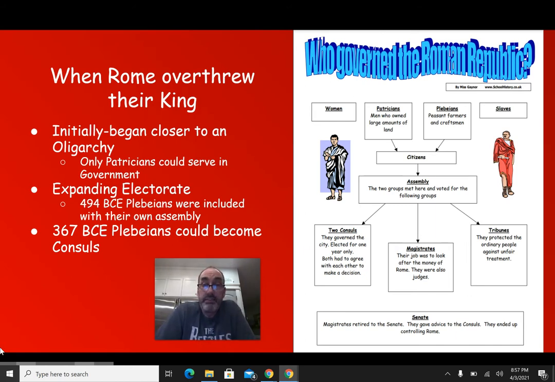Now, by 367 BCE, the plebeians actually are consuls, and we'll look at what the consuls are in a minute. But you can see down here, we have two consuls, we have the magistrates, we have tribunes, and the Senate, and they all revolve around the assembly. We'll see this pop back up a couple of times because I'm going to go into some more detail on those. Okay, in the United States,